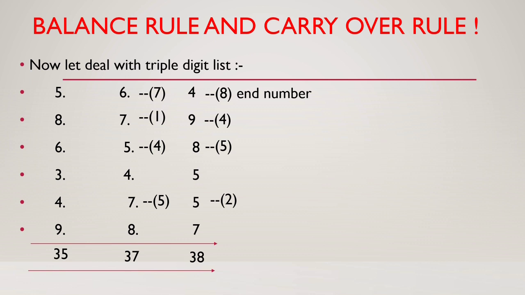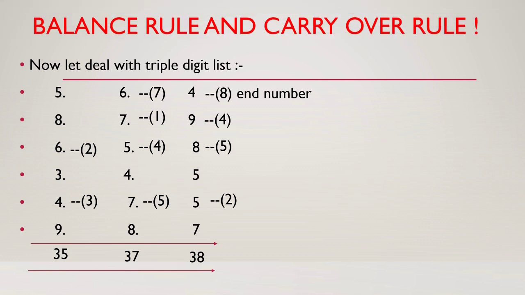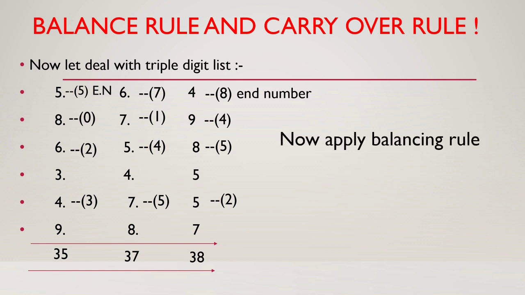Now moving to our hundreds place, we got 9 plus 4 is equal to 13, drop 10, 3. Add, we got 6, 6 plus 6 is equal to 12. We dropped 10 over there and add 2 plus 8 is equal to 10. We dropped that 10 and wrote 5 as it is. So we got here 3 dash and we write 35. Now adding the balance rule, we got 35, 37 and 38.